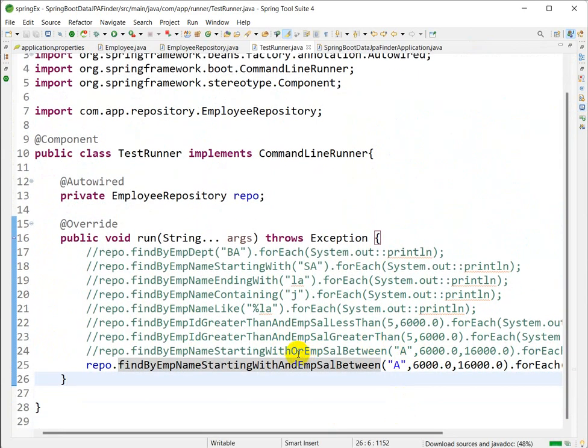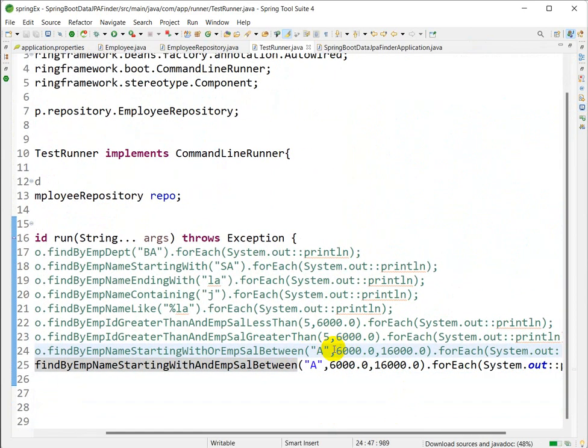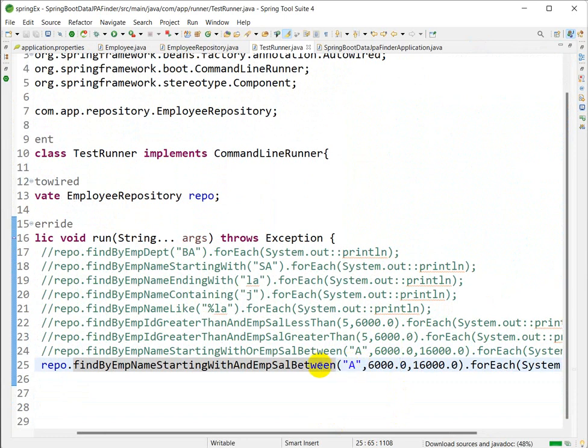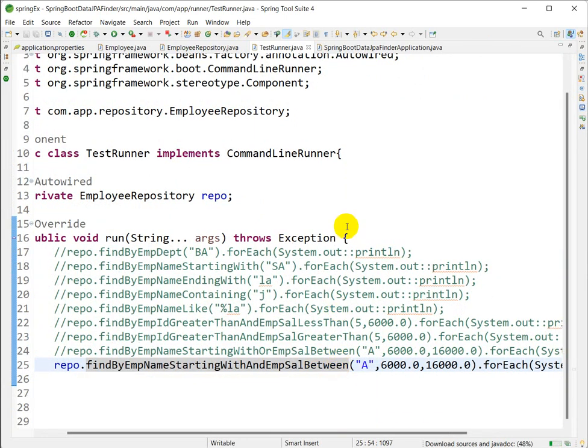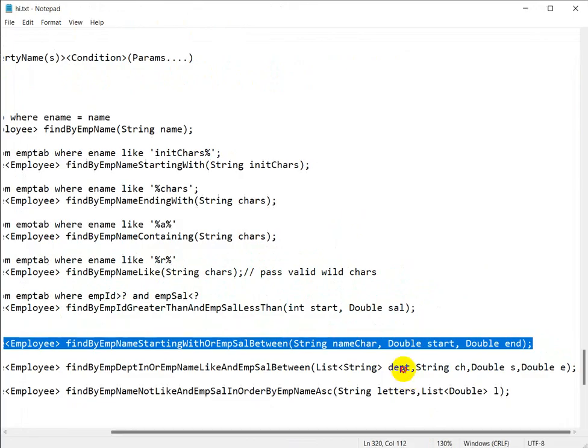Earlier we were using the Or, so it will take the ones starting with A, otherwise it will check for the members that are having the salary in between the 6,000 to 16,000. But here both the conditions should be satisfied, and only then will we get the record. So this is it. Now next we will go for